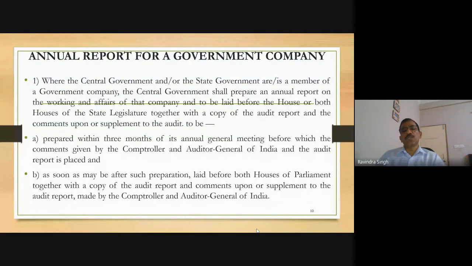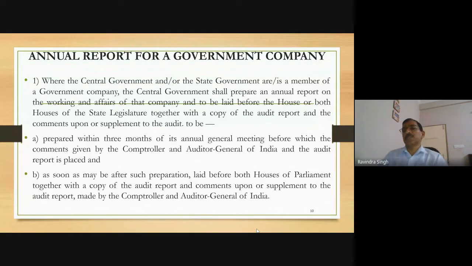whoever with the central government agency, shall prepare an annual report on the working and affairs of the company, to be laid before the house or both houses of the state legislature, also together with a copy of the audit report and the comments upon or supplement to the audit. So the comment means that includes the chairman's statement, director's statements, that are narrative reports, that is comments. Prepared within 3 months of its annual general meeting, before which the comments given by the Comptroller and Auditor General,